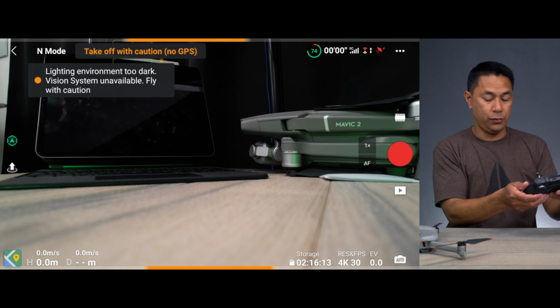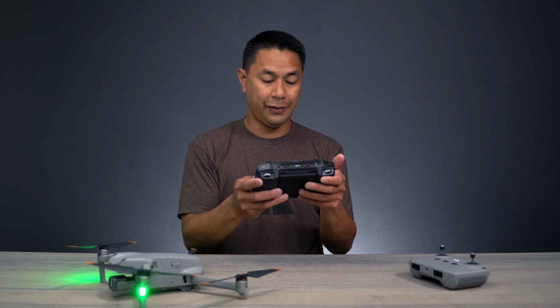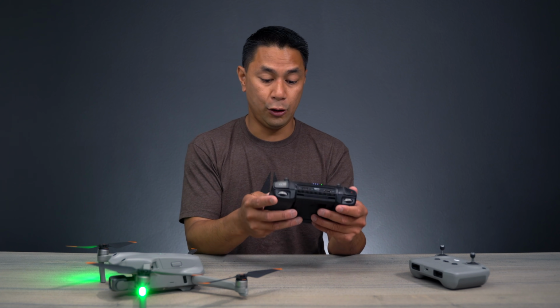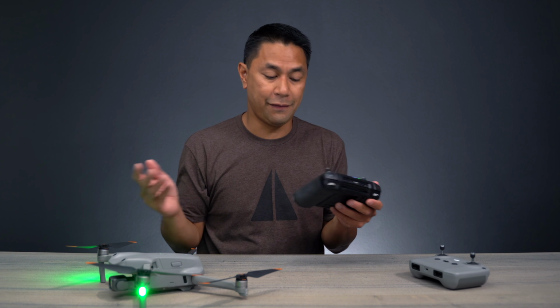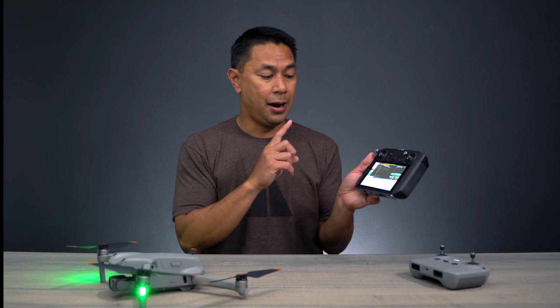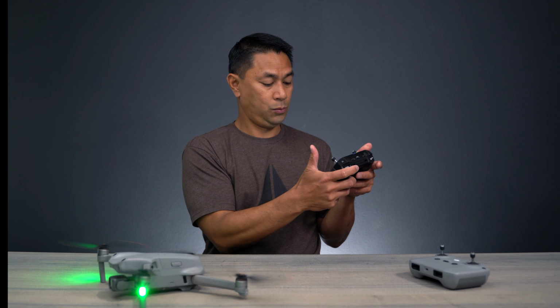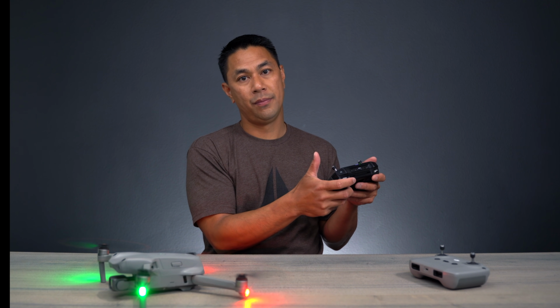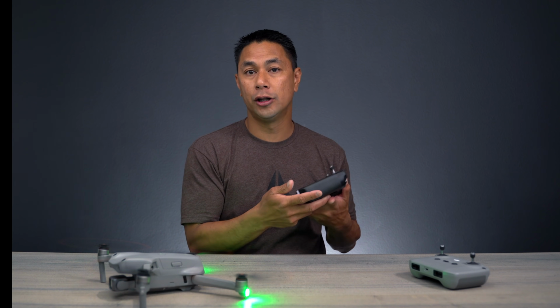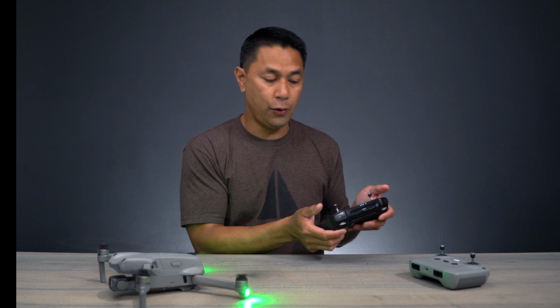And just to do a quick little power up here, it says ambient light too low because I'm indoors. So I never, of course, recommend flying indoors, but this is just to test it out to see that it does power up. I do have the feed, and let's get this thing up. There you go. So now we have full control, started up just fine with the Air 2S